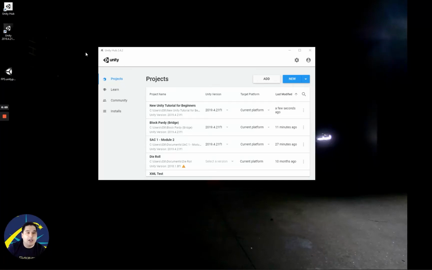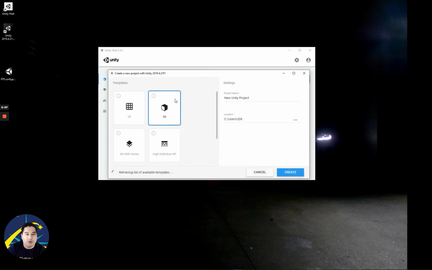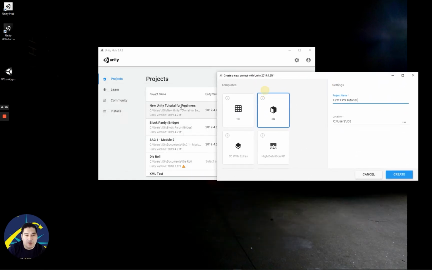Let's start in Unity Hub. We have to click New, make sure we've got 3D selected, name the project. So this might be my first FPS tutorial. That's for me. Name it something relevant for you, because when you start making more projects, it becomes very important,